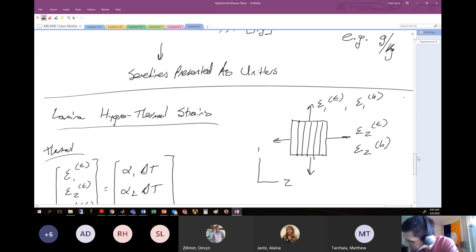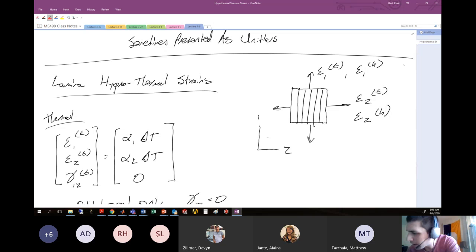Okay, so what I mean by that is, if we have not now a 1, 2 coordinate system, but maybe we have x, y, and we have a rotation angle here, which is theta. If we want to describe what would be the thermal strains in the x or y directions,